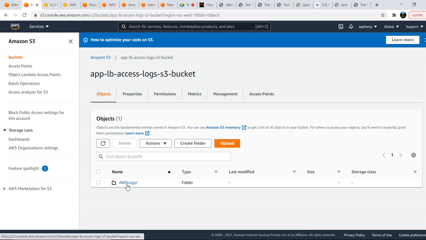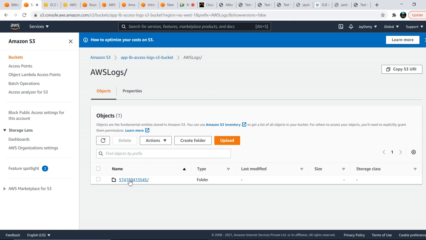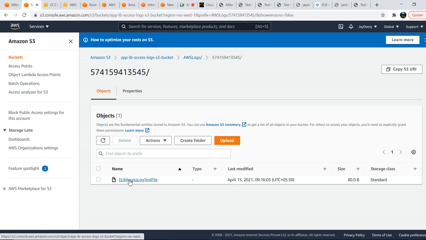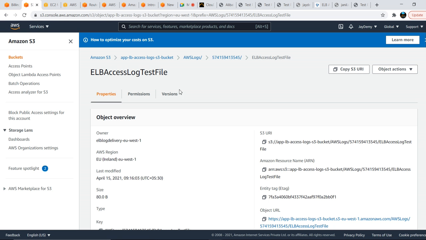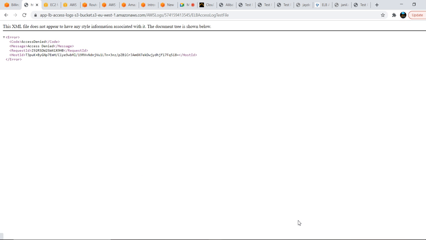If you see here, it will create this structure: AWS logs and the account ID, and this is actually the test file. ALB logs test file, and you can access this if you need. This is not coming, right?